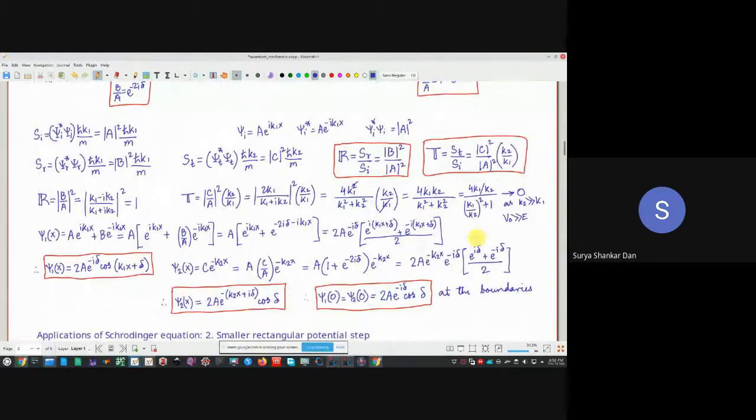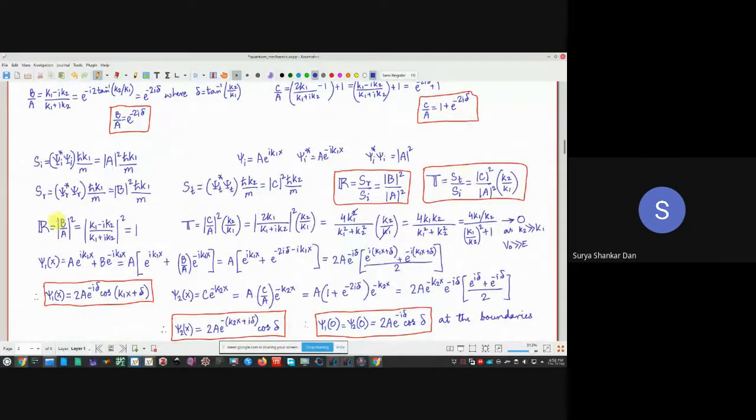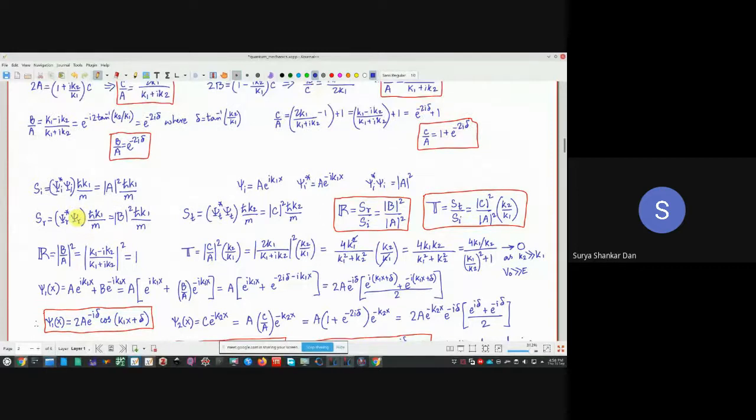अब देखो, अभी देखो ये B by A वाला और C by A का importance. अगर हम reflectivity देखते हैं ना, B by A का whole square. अब देखो this was mod, right? Mod. Okay. तो अगर हम mod देखेंगे, then basically the amplitude will be 1. ये 1 है. Okay. So now comes the major important thing about quantum mechanics.